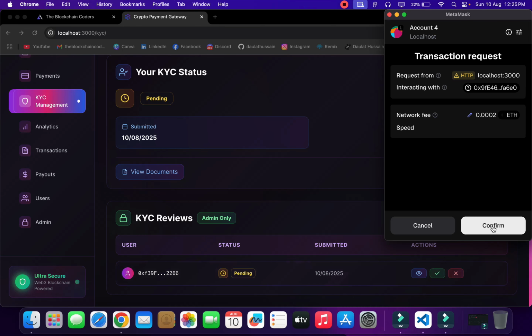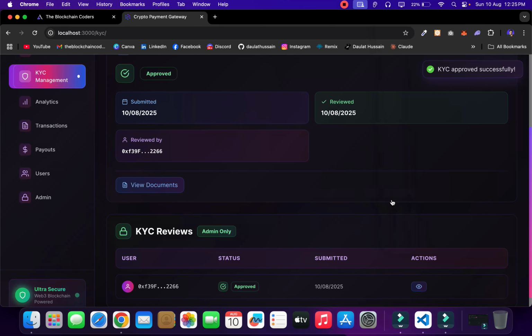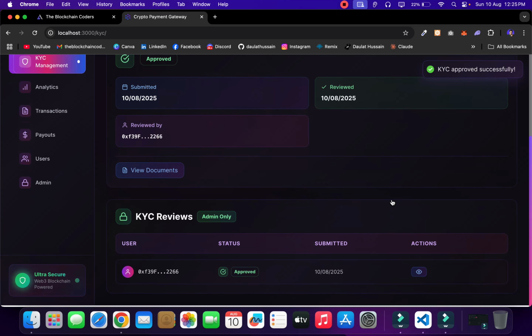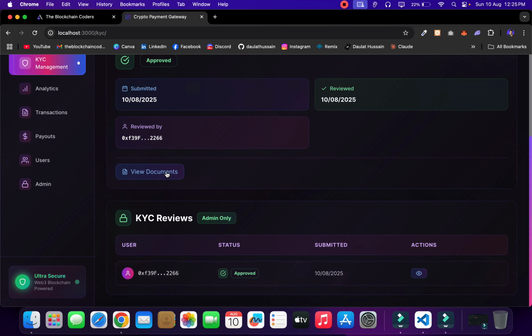So this is what you have to do when you launch your application. First create your KYC and you will find that your approval is done. If you want to see your document, you can click here and you will find the document which you have uploaded. So it's taking a little bit of time because we have 4 different documents and Pinata is not compatible and